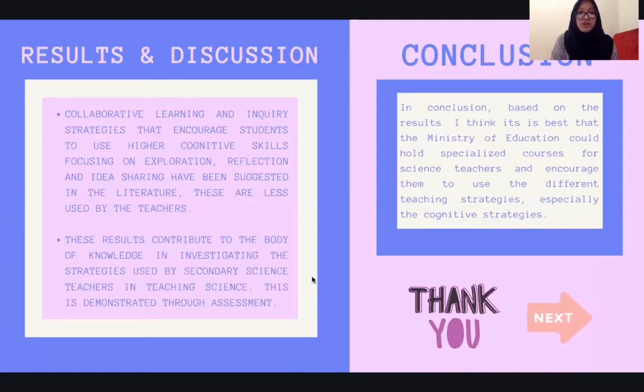So the teacher also knows what strategies are good to use here because they've used a couple, right? And in conclusion, based on the results, I think it's best that the ministry could hold a specialized course, since now they know what the weakness and the strength are, right? By doing this study, they would find out what is best for their students. There were a couple of different teachers from different schools, but they didn't mention it. So now by doing the study, the teacher will know